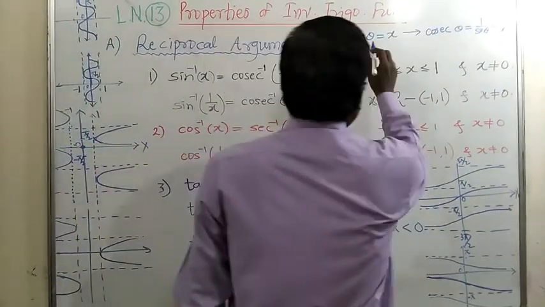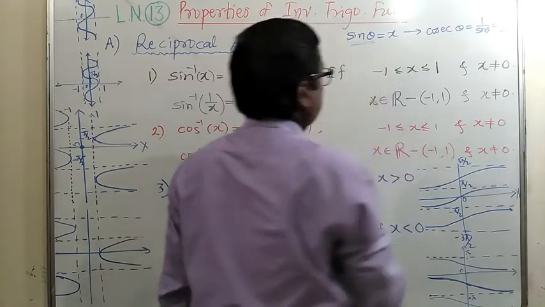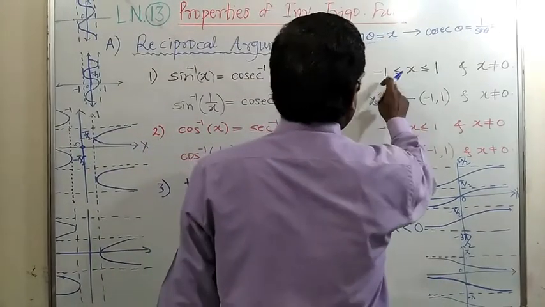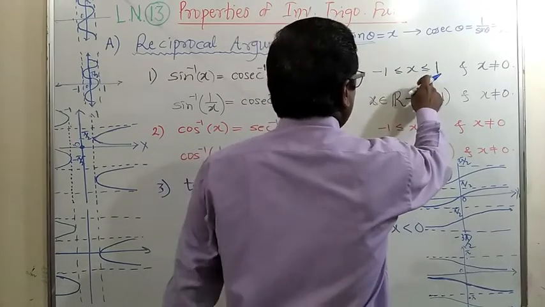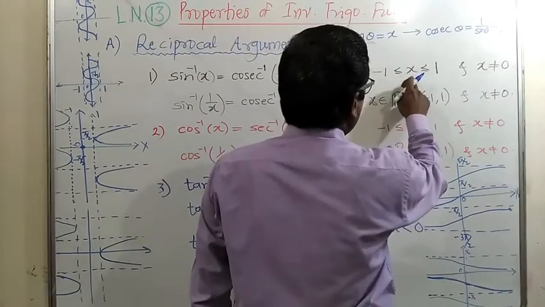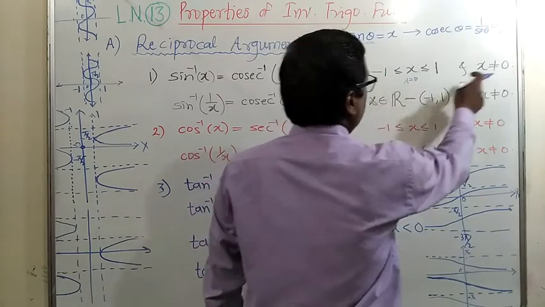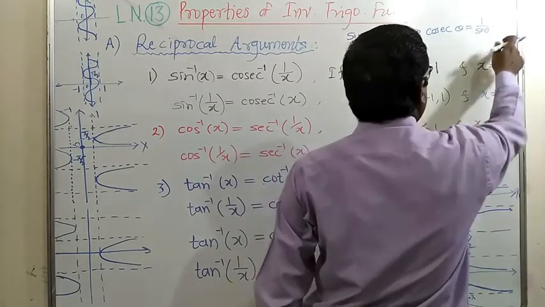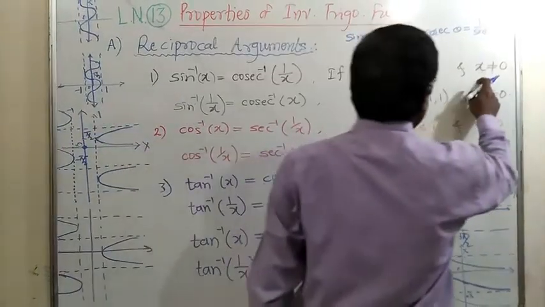So here we know the boundaries for this sine function. Sine function is a bounded function and it is bounded in the interval -1 to 1. Therefore x has values -1 to +1. Here x may sometimes be 0, because 0 belongs to -1 to 1. That's why the condition is given x not equal to 0, because if you find cosec theta then it will be 1 upon 0, that will not be defined. So the condition is x is not equal to 0.